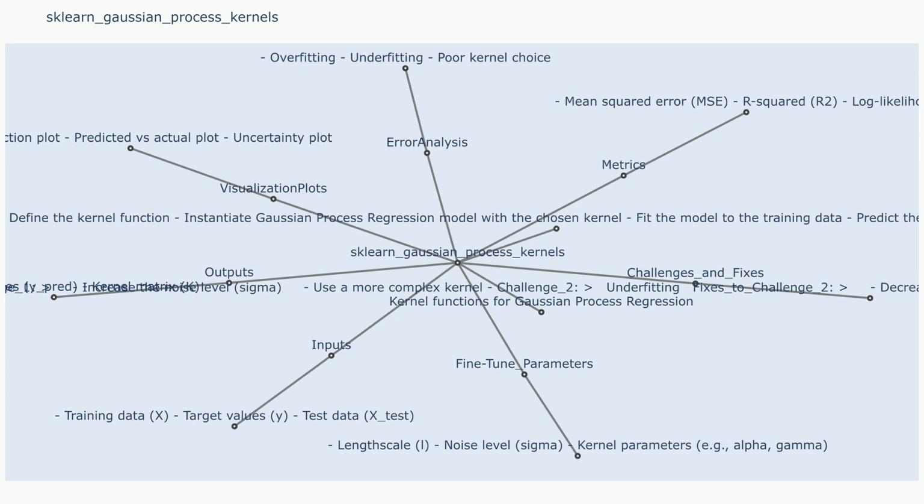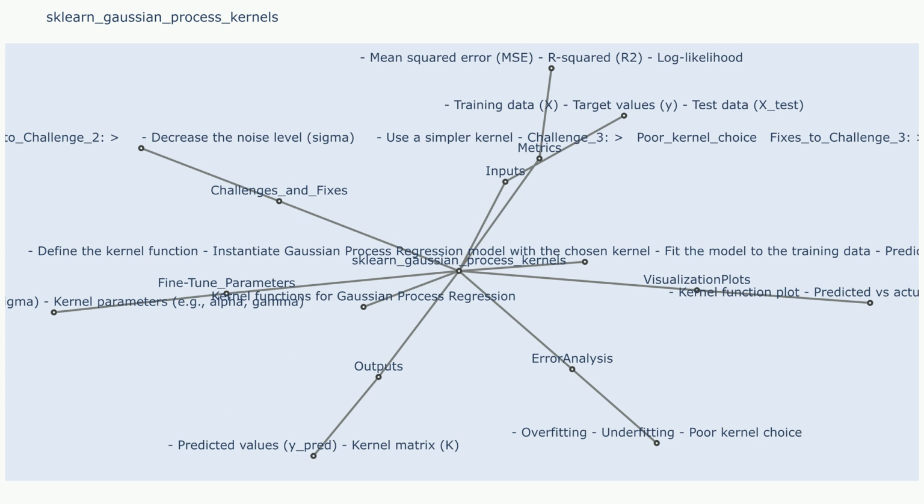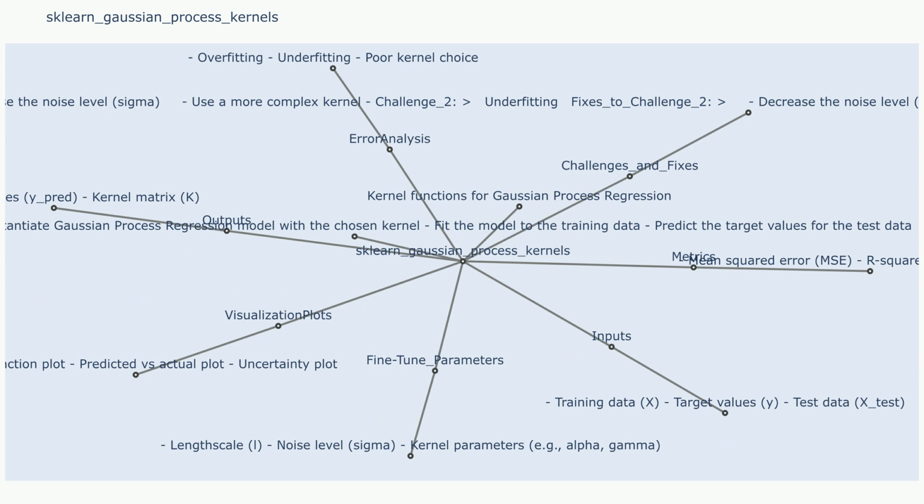Outputs: K, an array of shape n_samples, n_samples, representing the kernel matrix. This matrix encodes the pairwise similarities between all the data points, reflecting how closely related they are based on the chosen kernel function. Ypred, an array of shape n_samples, representing the predicted values for the input data points. These predictions are generated by the Gaussian process regression model based on the learned relationship between the input data and